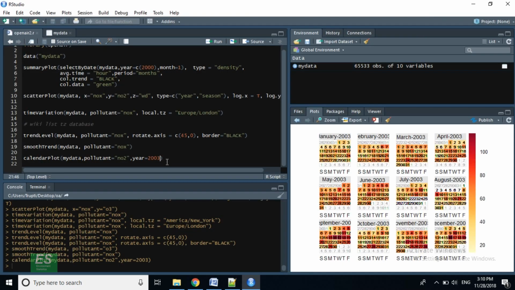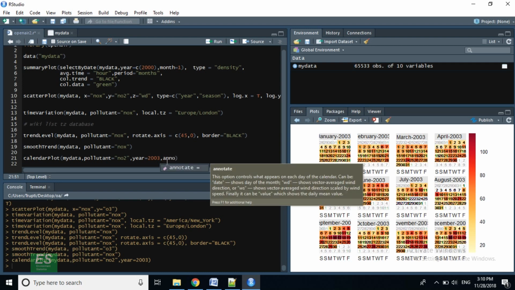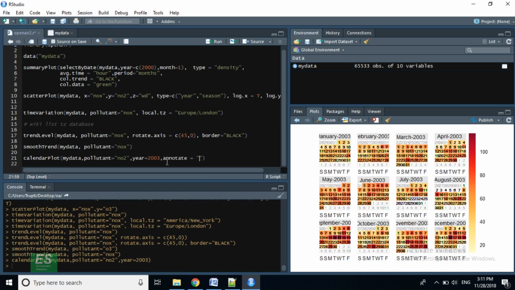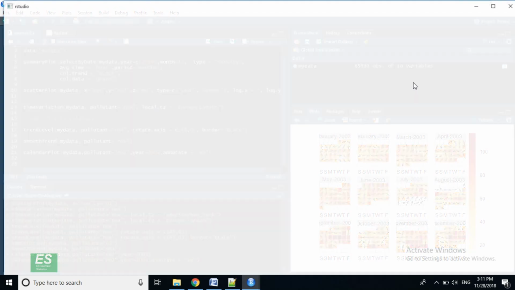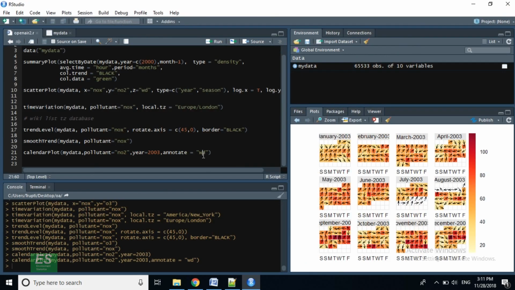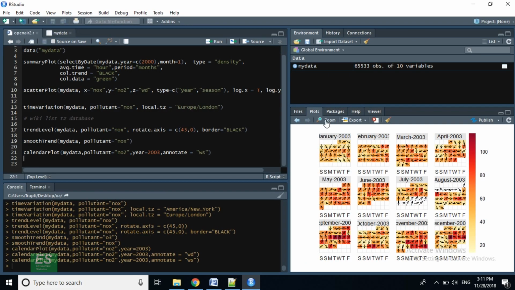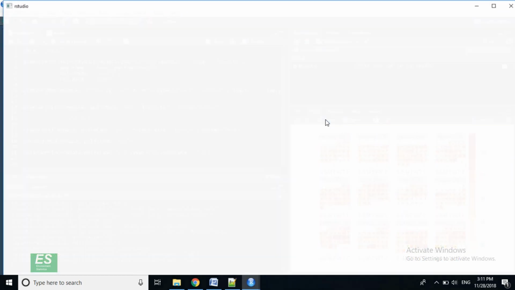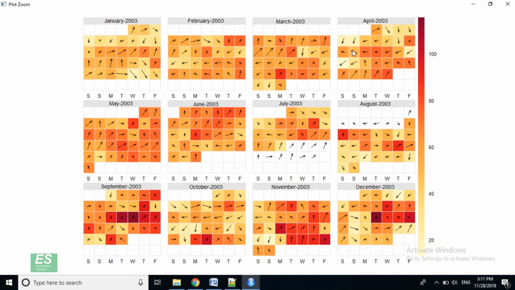We can also specify annotation for the calendar plot. There is an annotate parameter which we can set as wind direction. So now we have arrows representing the direction of wind for each and every day. We can also plot it as wind speed. So we'll get arrows showing the direction, and the length of the arrow will indicate wind speed.